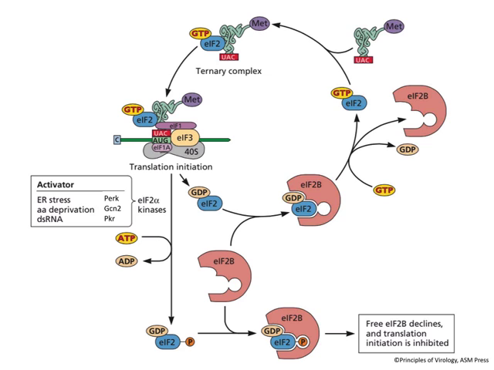A key step for regulating initiation is at the formation of the ternary complex. Remember the ternary complex shown at the top here. It's the initiator mRNA bound to eIF2, which is an initiation protein, and a molecule of GTP. That's why we call it ternary. There are three things in it. And when the ribosome starts to move from the cap, it's got associated with it the ternary complex, and eventually that ternary complex will donate the initiator tRNA when the AUG is found.